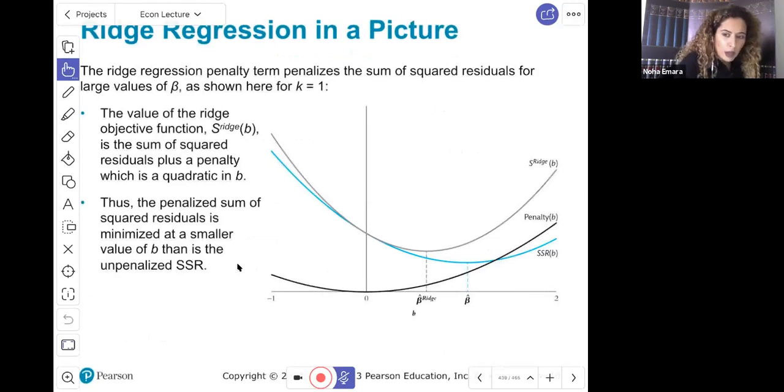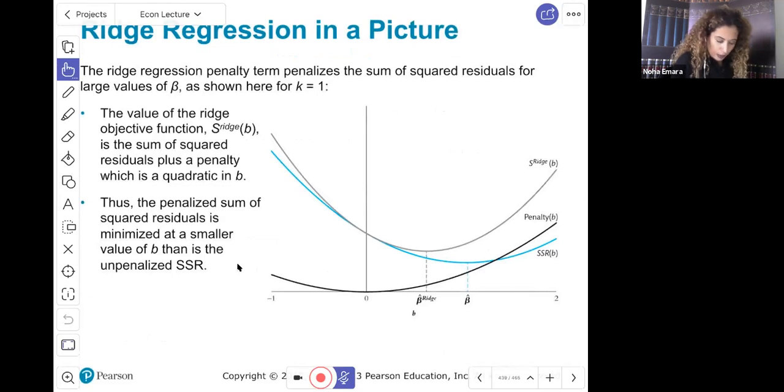So this graph is showing us a presentation of the sum of the squared residuals, which is the one of the OLS. There is nothing new about the blue line. Okay, this is something that we know already. The penalty is the penalty coming